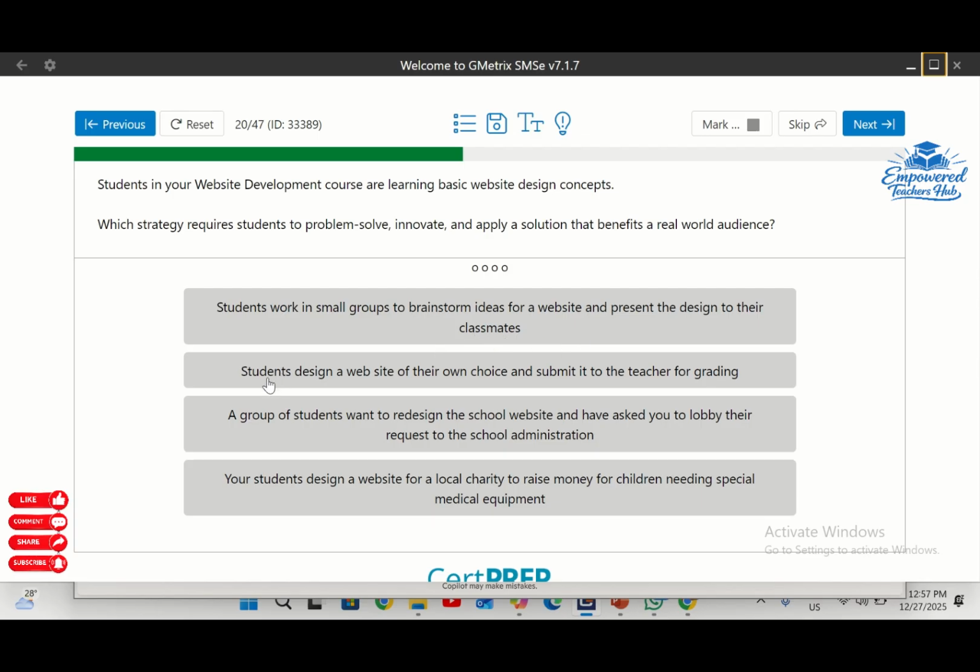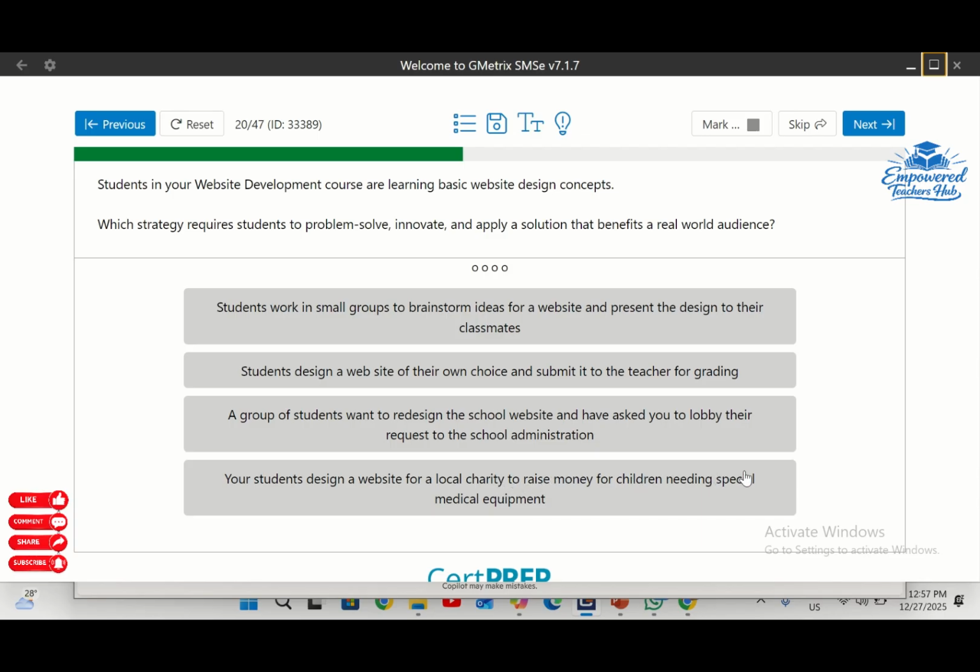No. Students design a website of their own choice and submit it to their teacher for grading. No. A group of students want to redesign the school website and have asked you to lobby their request to the school administration. No. Your students design a website for a local charity to raise money